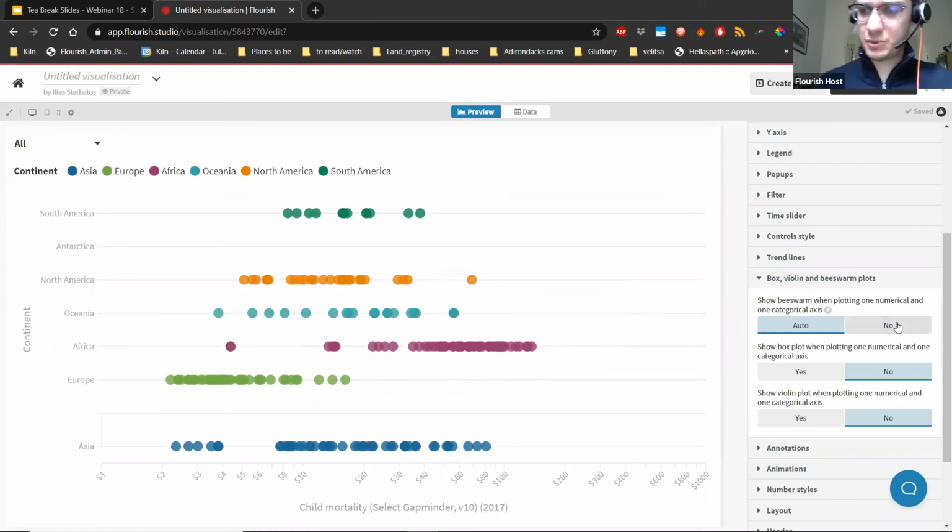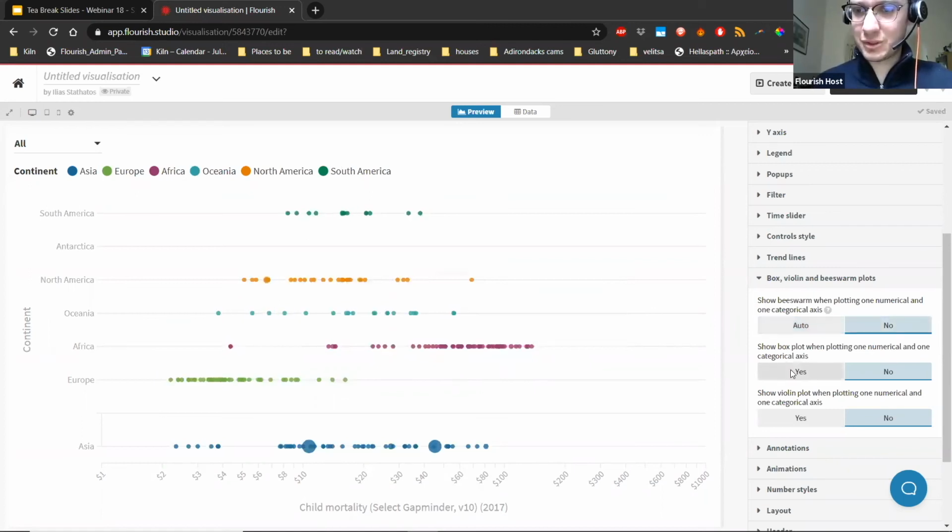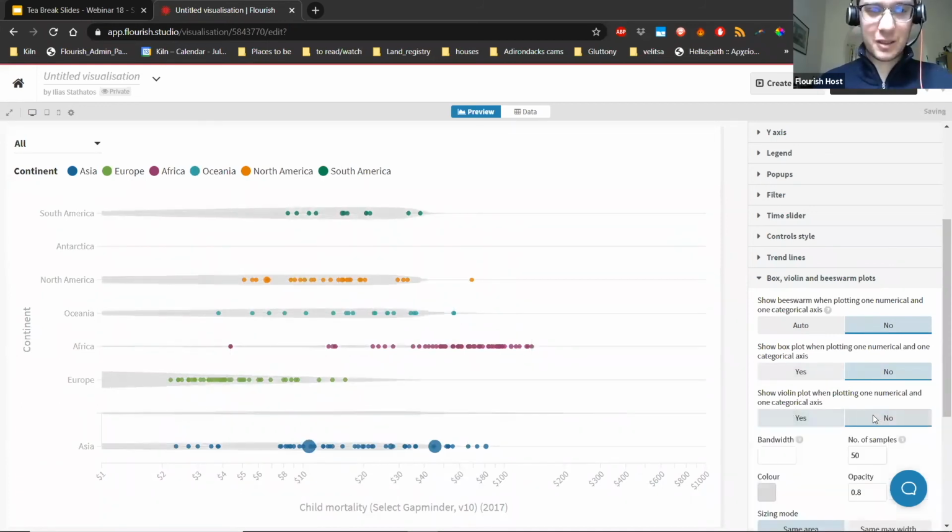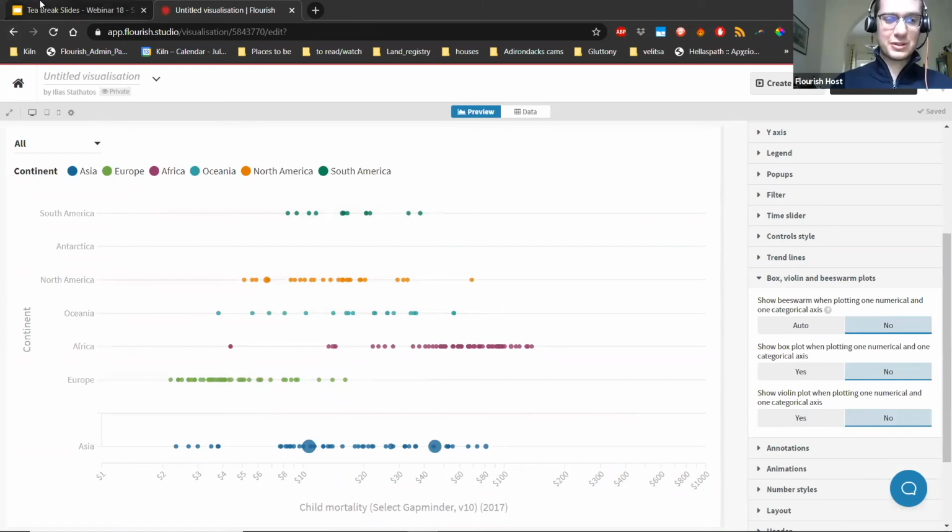And the same should be happening using the box plot or the violin plot, but in this case it doesn't make that much sense for this type of